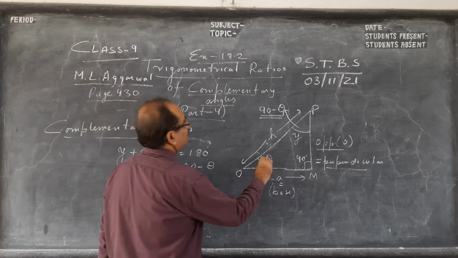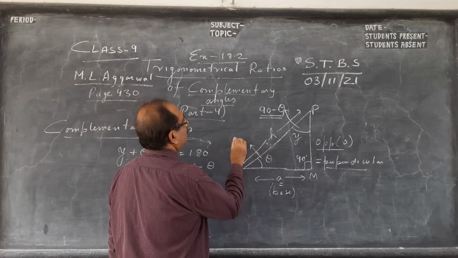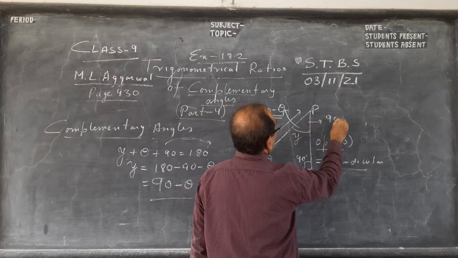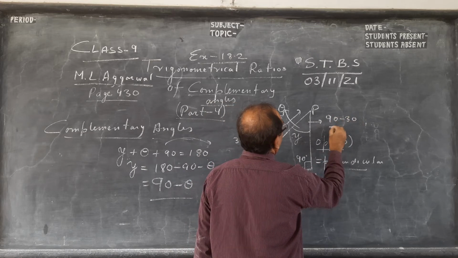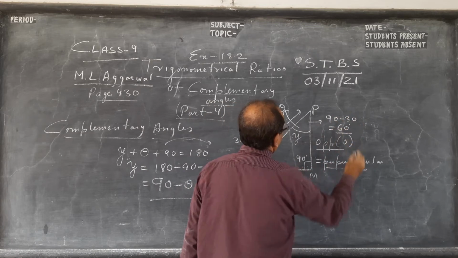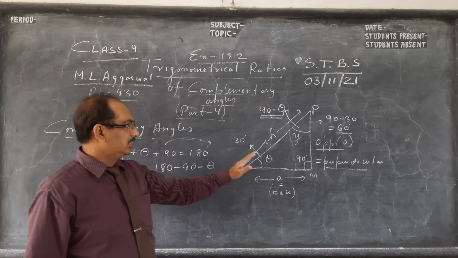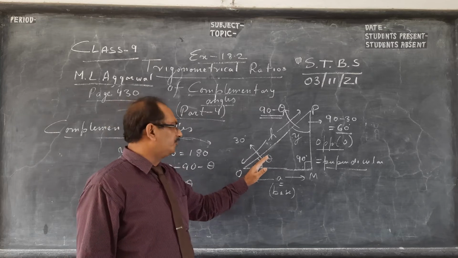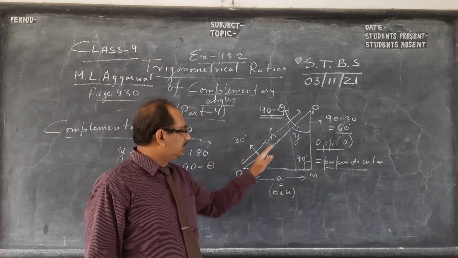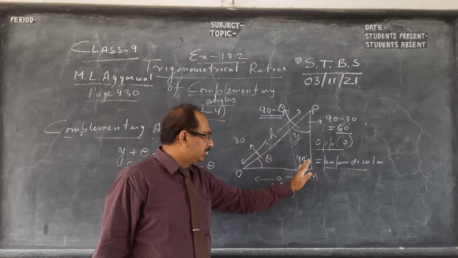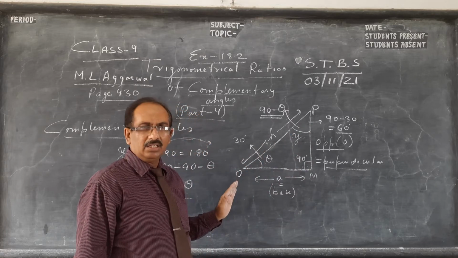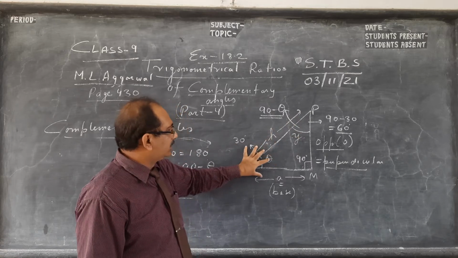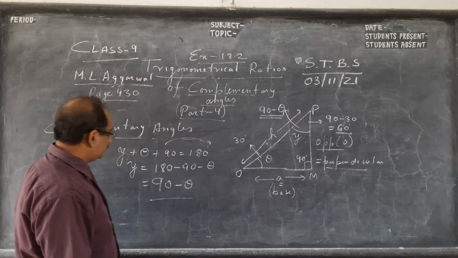I told you one example, let us take. Let this be 30 degrees. So this will be 90 minus 30, which is 60 degrees. Got it? This angle and this angle together are 90 degrees. So if this is 10, this will be 80. This is 20, this will be 70. Because this is 90, the sum of these two should be 90. So I hope you have understood that if this is x, this is 90 minus x, this is theta, this is 90 minus theta. Is it all right, boys?